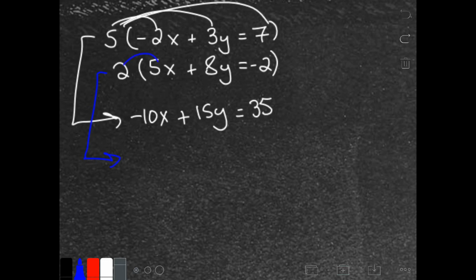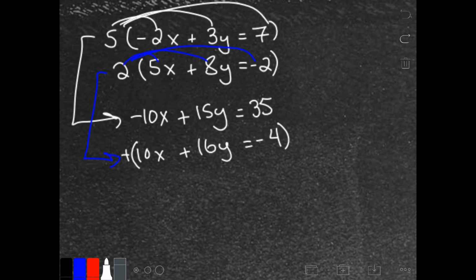I'm going to go ahead and distribute my 2 in the second equation. That's going to give me 10x plus 16y equals negative 4. Now these are opposite signs, negative 10x and 10x, so we can go ahead and add